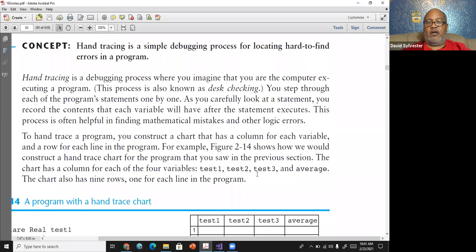As you carefully look at the statement, you record the contents that each variable will have after the statement is executed. So when you get to a statement, what's involved in this statement? Is it an assignment? Is it a computation? Whatever. I need to evaluate what each variable is at that time. And you go on and on until you get to the end of the program.